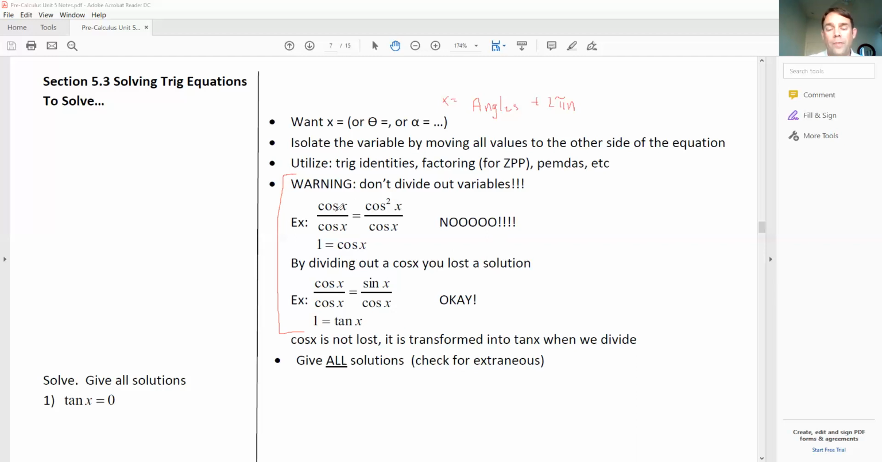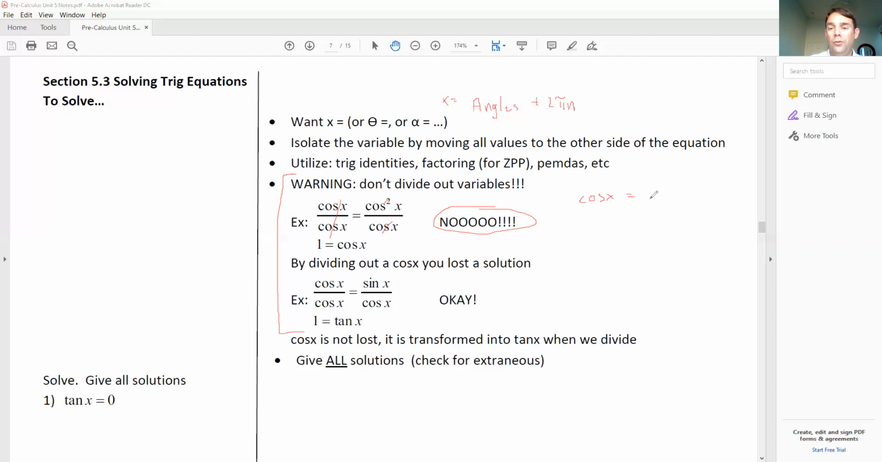Sometimes when you see a trig equation, people look and say, oh, if I got a cosine on both sides, I'll divide both sides by cosine, cross that off, and I'm left with 1 equals cosine. Friends, you cannot do that. You lose a root when you do that. If you have a problem like that,